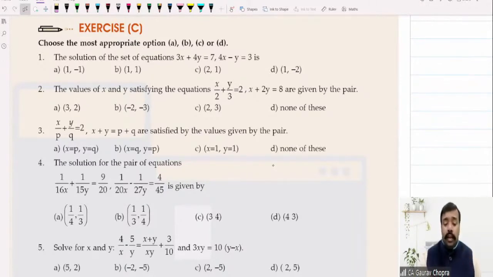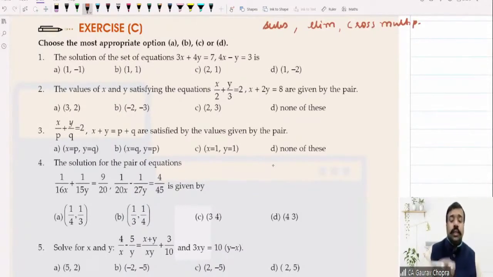We already know 3 different methods to solve. One is known as the substitution method, second is known as the elimination method, and third one is known as the cross multiplication method. But all these methods will take a bit of steps, a few minutes, so it is better to go by options. So let's put the options one by one and get the result.